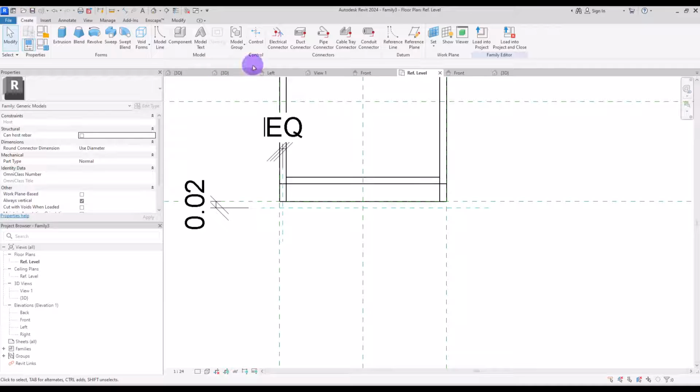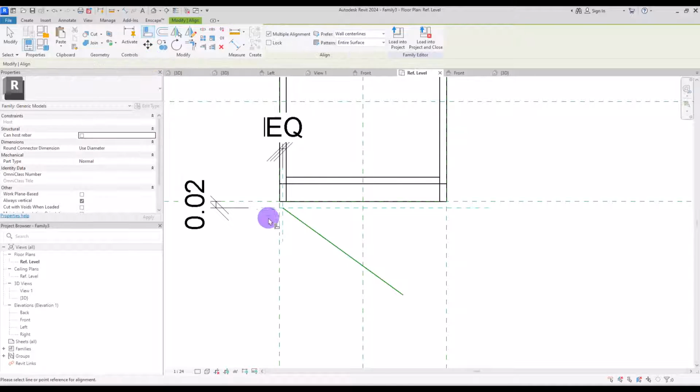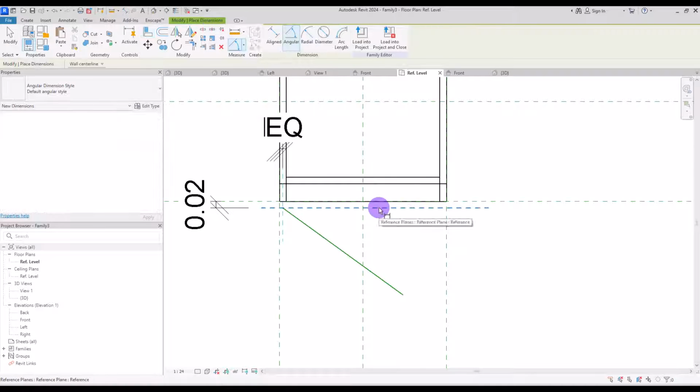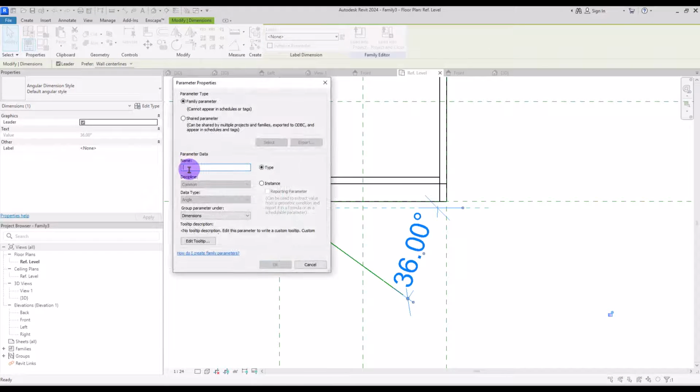Go to create and this time use another reference line exactly on this part. Use a line for locking it with this line on this point exactly, and lock it with this line again on this point. If you can't find it, hit tab a few times. Now if you create an angular dimension from this point to here and turn it into a parameter, which we